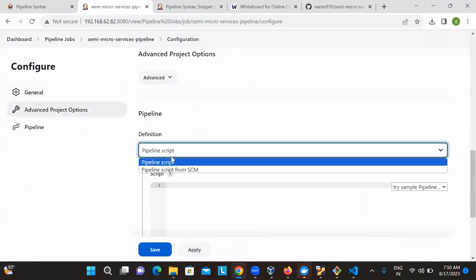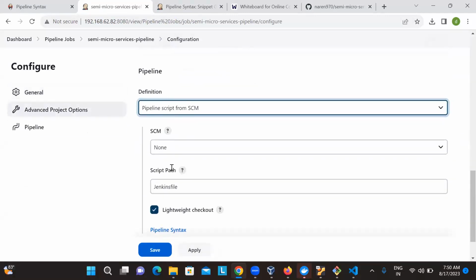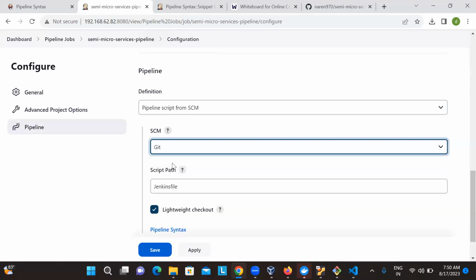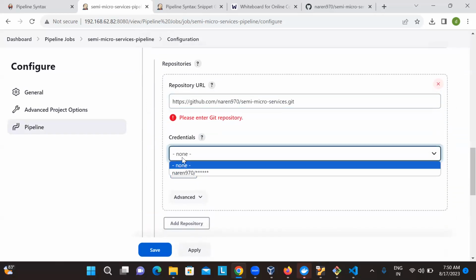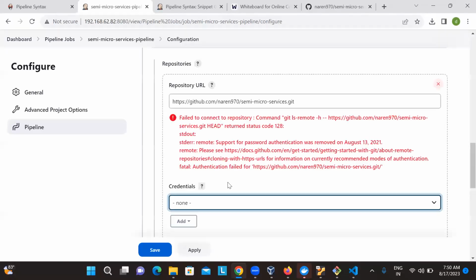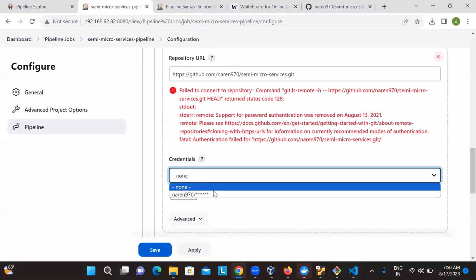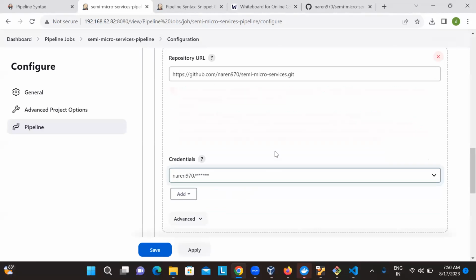And here I use the Jenkinsfile from Git, and the repository is this, and for the credentials, use this. Credentials for this is,